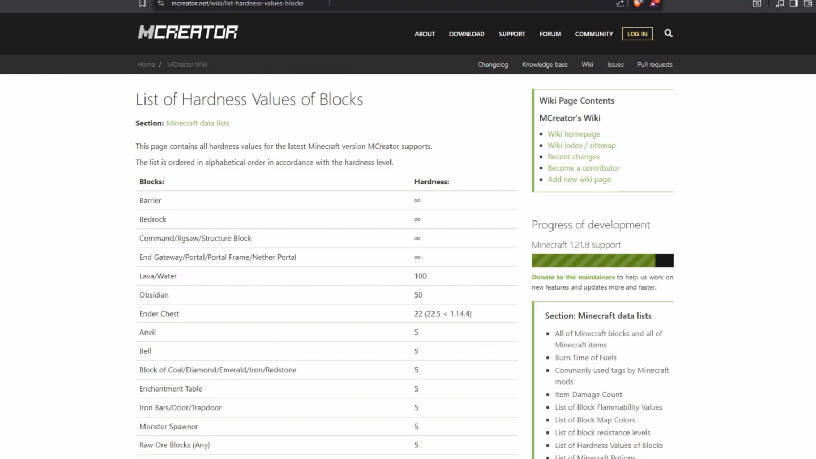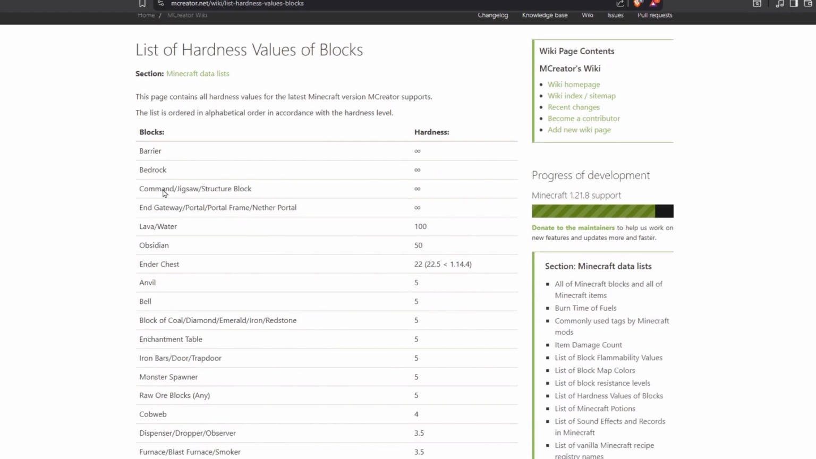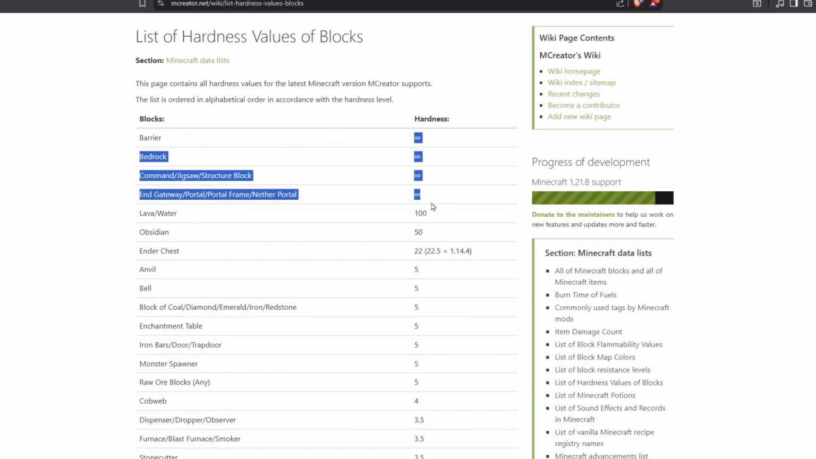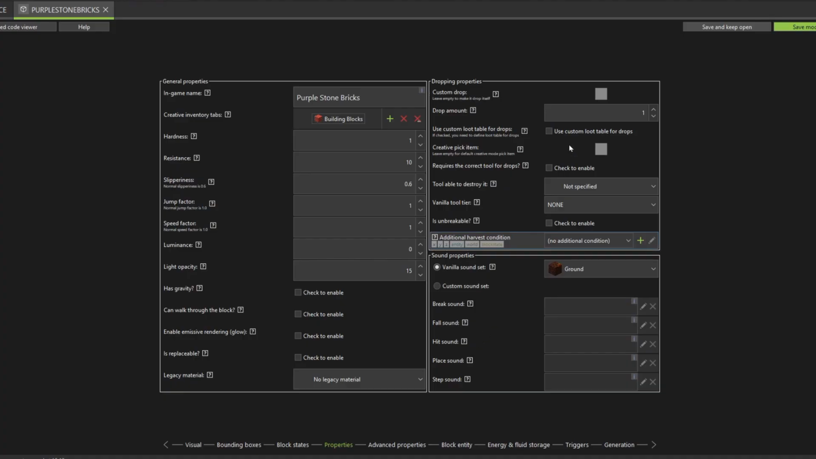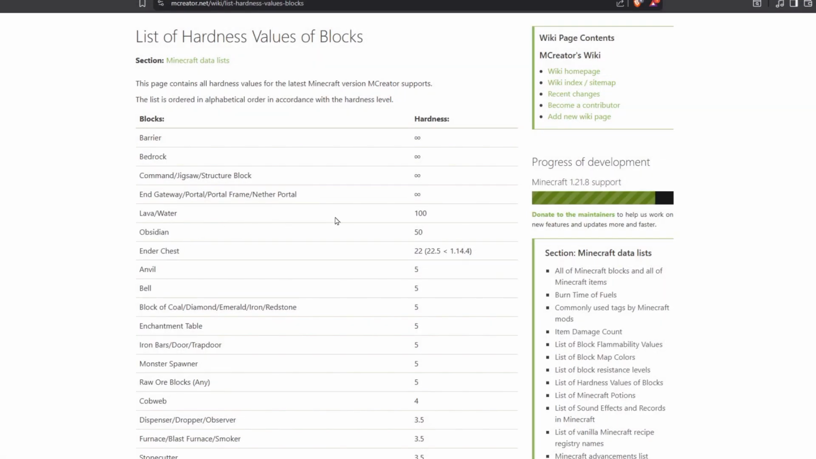So this website, if you want to type it out. So infinite. If you want it to be unbreakable, you can just tick is unbreakable. For some reason, water and lava have 100 hardness. I don't know why. Obsidian has 50. Ender chest has